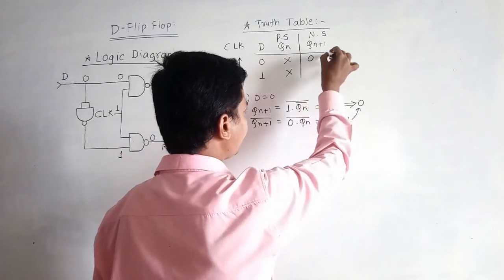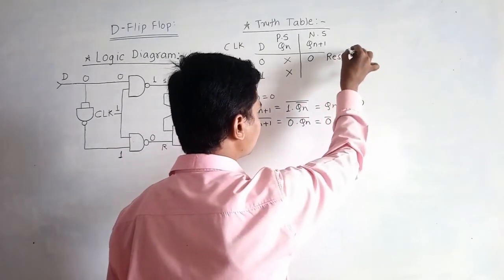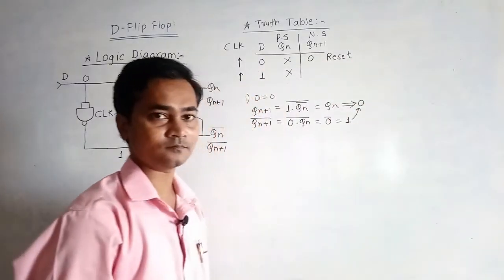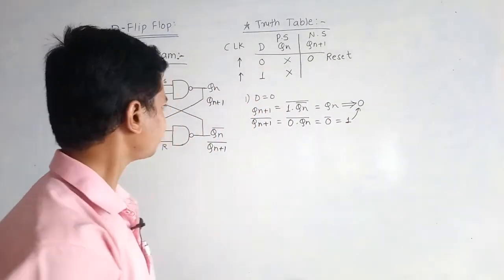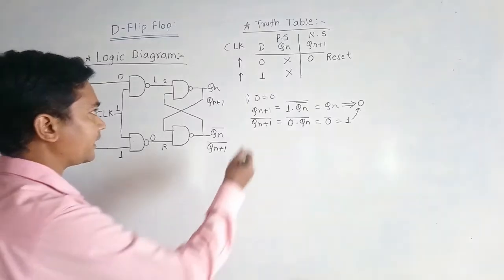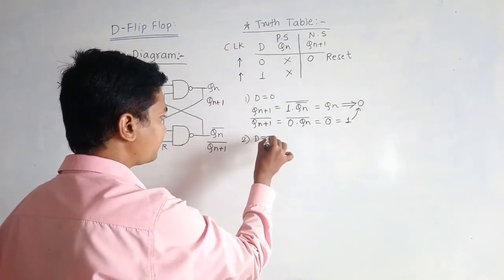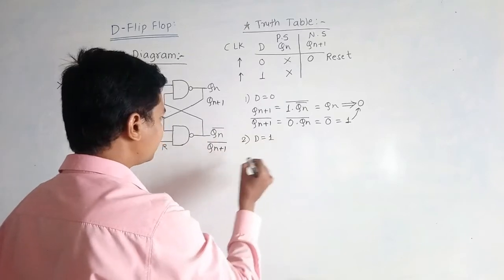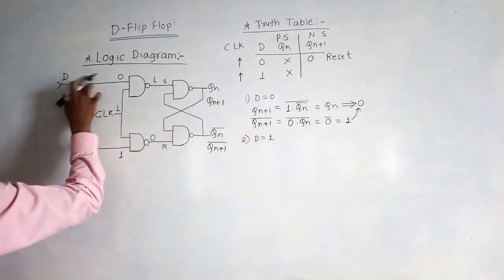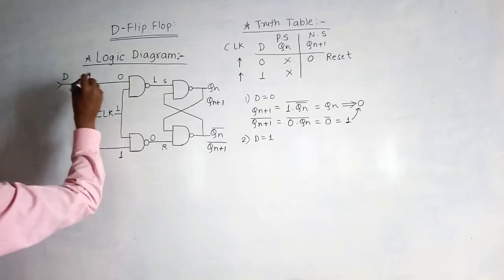So here I can write reset. 0 means reset and 1 means set. Now coming to the next case, that is when D equal to 1, what will happen? When D equals 1, this input will be changed to 1, this 1